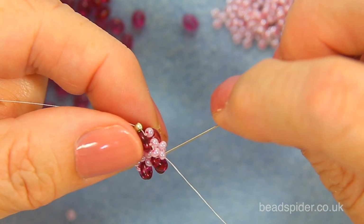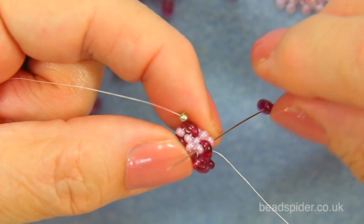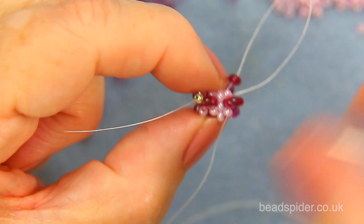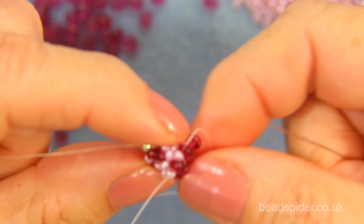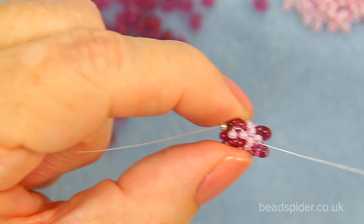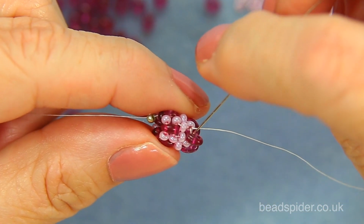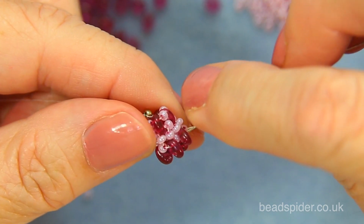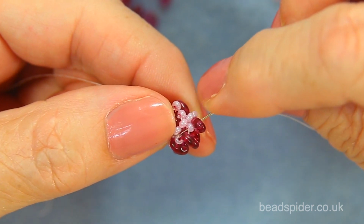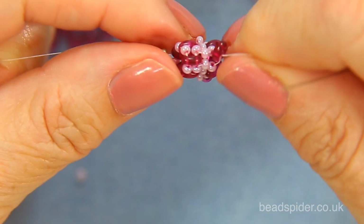I'll go through the last one, and I'll also cut across and go through a few more beads. Now, it's a great idea, especially if you're having trouble at the beginning with your tension, or even throughout, because it's hard sometimes to keep tension with the twins at this point. So what I do is I tend to just go around a few more beads, and especially if your tension's loose, it's a great way to tighten it up. But you don't have to do this step if you've got your tension, but I find that sometimes it's a